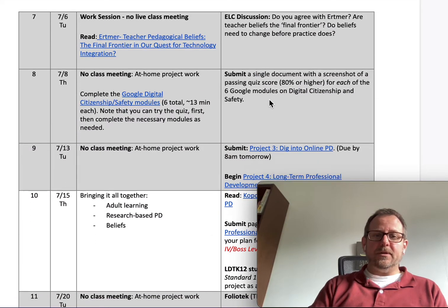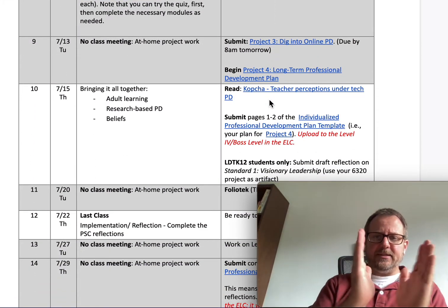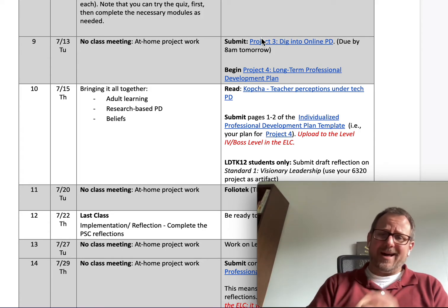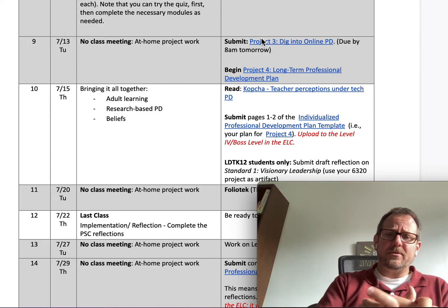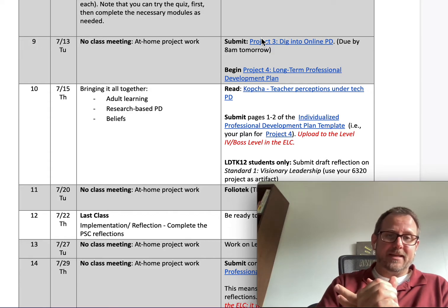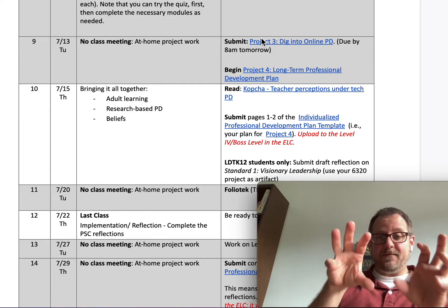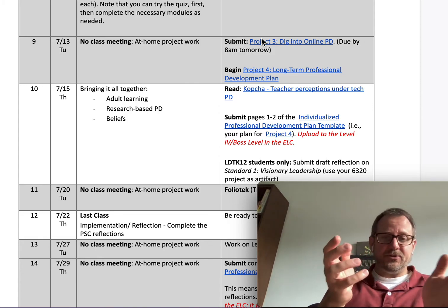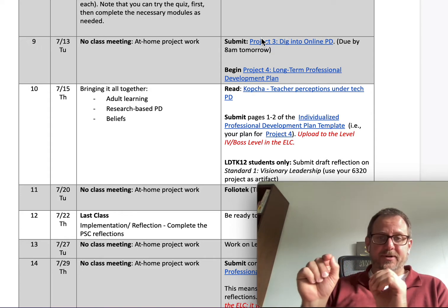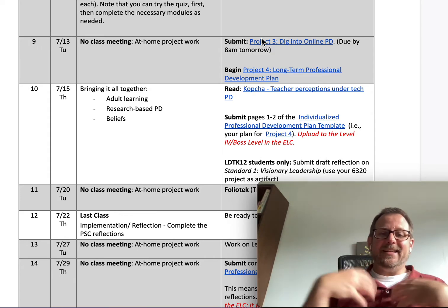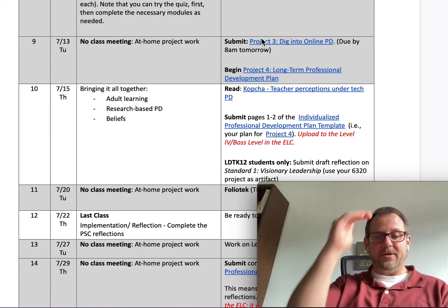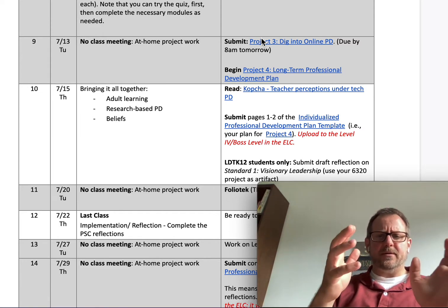And what we're going to do is start moving towards specialty. You're going to dig into one of those resources for project 3. You're going to explain to me why, in theory, it should help you learn, or someone else, a teacher, learn, and then you're going to do a little bit of it. Finally, we're going to get to project 4, and I still have some kinks to work out here, but if you're a master's student taking 7200, you are going to create an individualized learning plan for yourself and do about 10 hours of that work this summer. And you're going to log your hours and talk about what you learned.